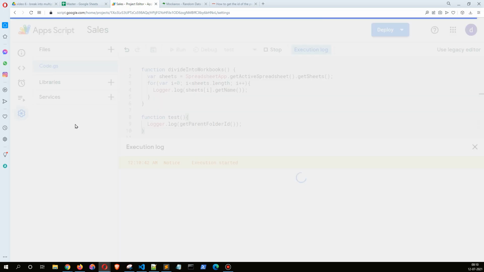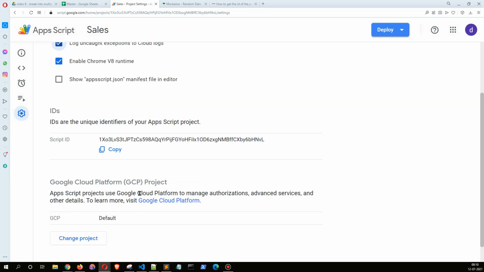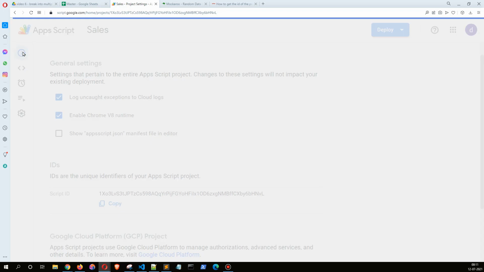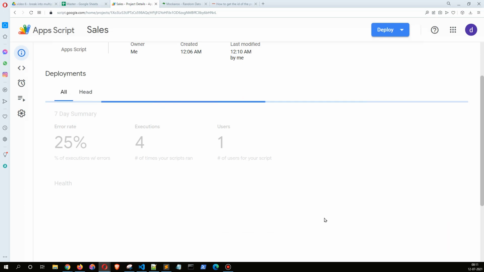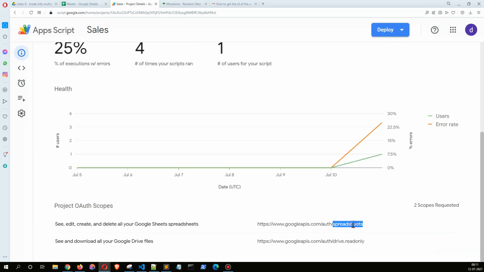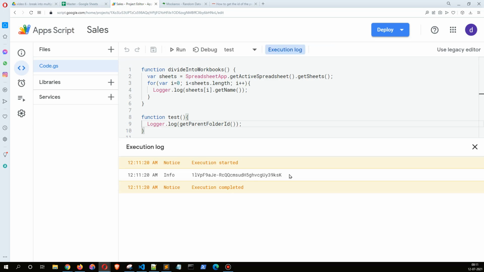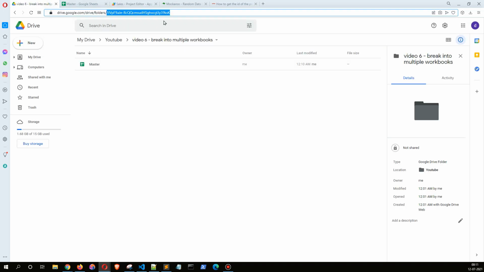By the way, the scopes are recorded here. Not here, overview. We can see that our script now uses two scopes, spreadsheets and drive read-only. That's a way to find out the scopes. If I go back and execute the test method, this is the ID of the parent folder, right? So we get that. Now all I need to do is